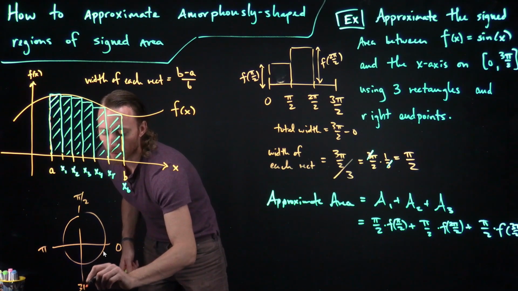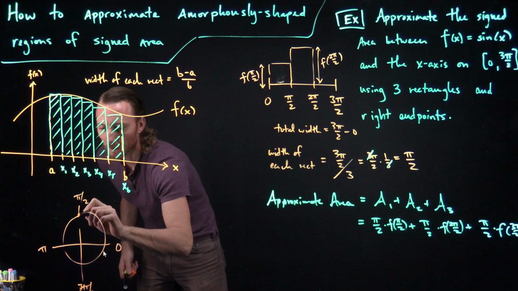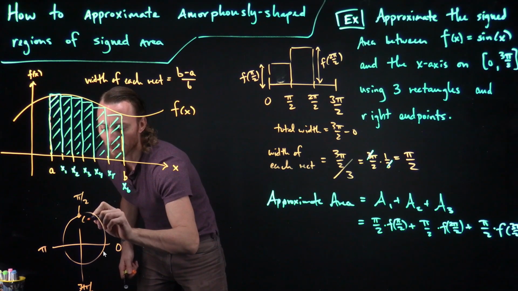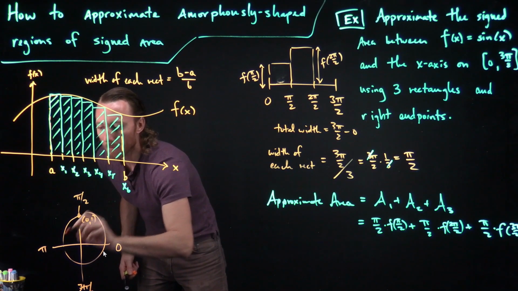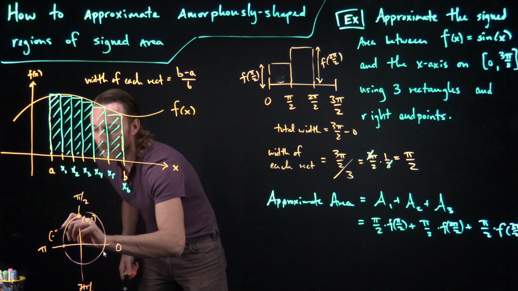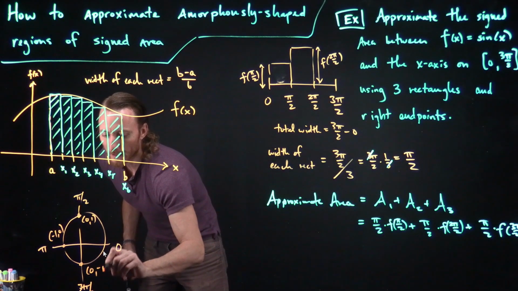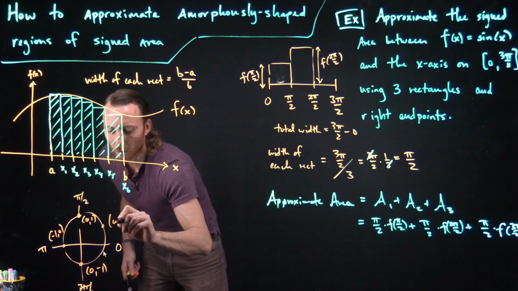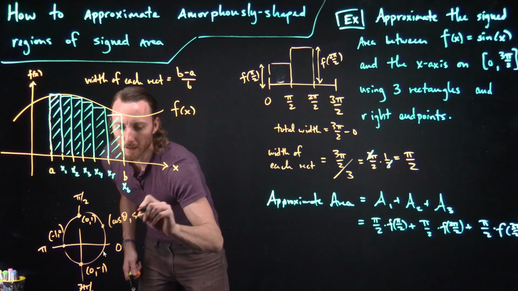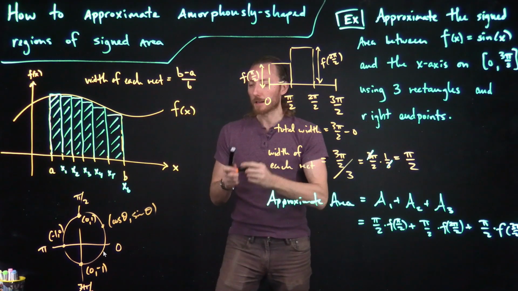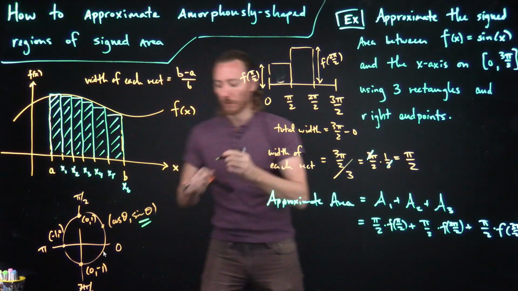And we're going out to 3 pi over 2, which is down here at the bottom of the unit circle. We need pi over 2, which is up at the point (0, 1). And then over here, we've got (-1, 0). And then here, we've got (0, -1). And every point on the unit circle is of the form (cos theta, sin theta). So in our case, we're looking for the sine values, which are the